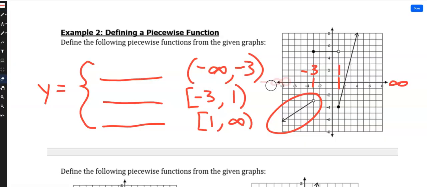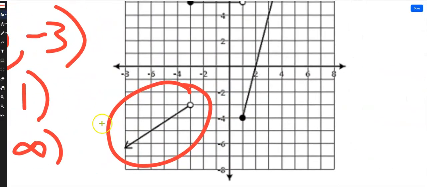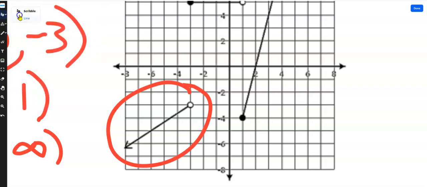Then come back here, and I'm just going to erase this so we can get an idea of what's going on here. We'll focus our attention on this part right here. Let me zoom in on it a little bit. If you were to take that line and extend it out till it hit the y-axis, where would it hit the y-axis? Now, I know that's not the most exact way to do this. For now, it is a necessary evil that we